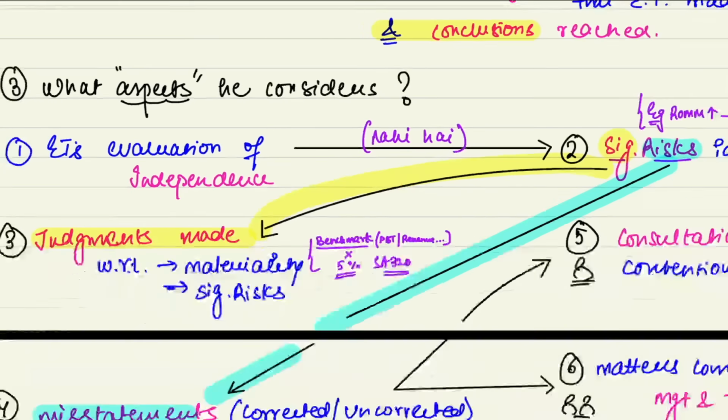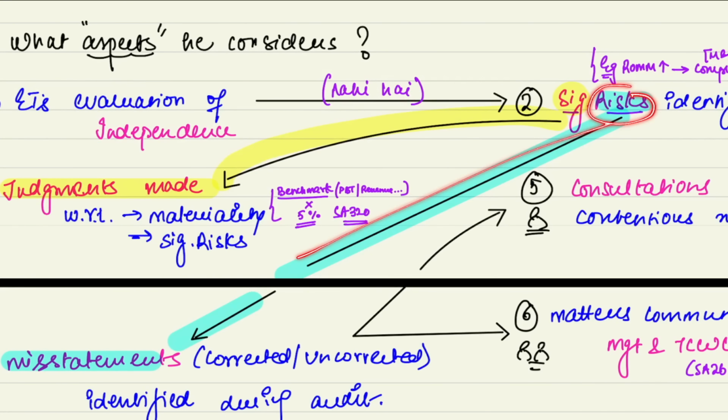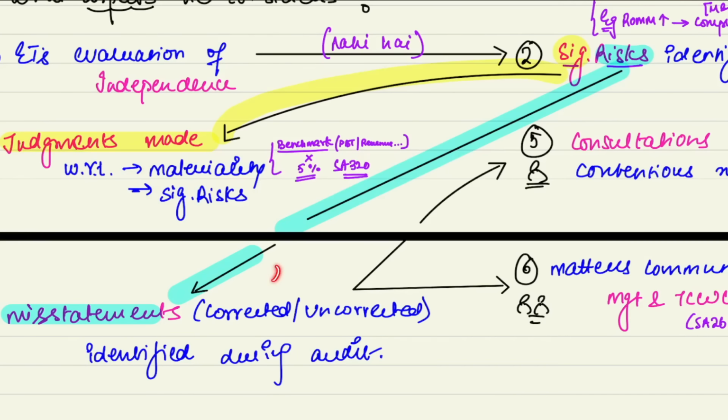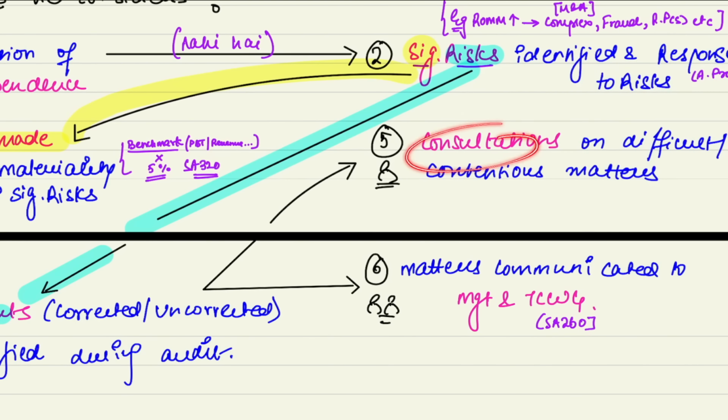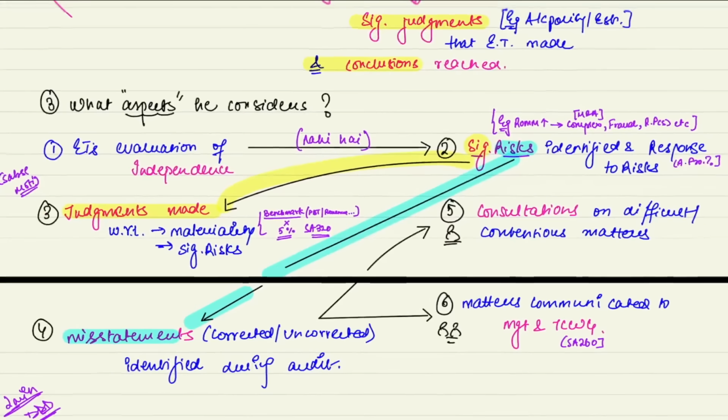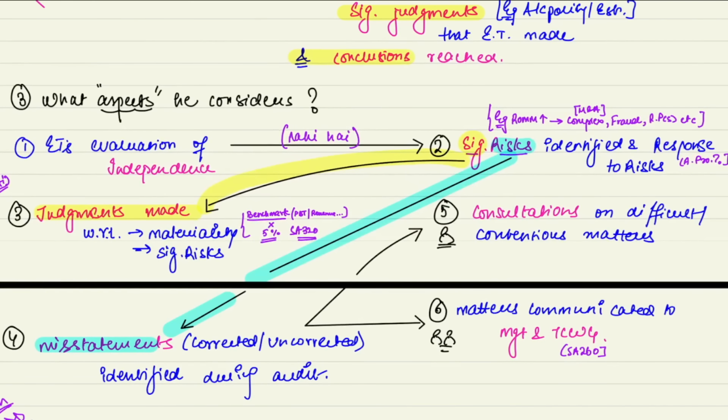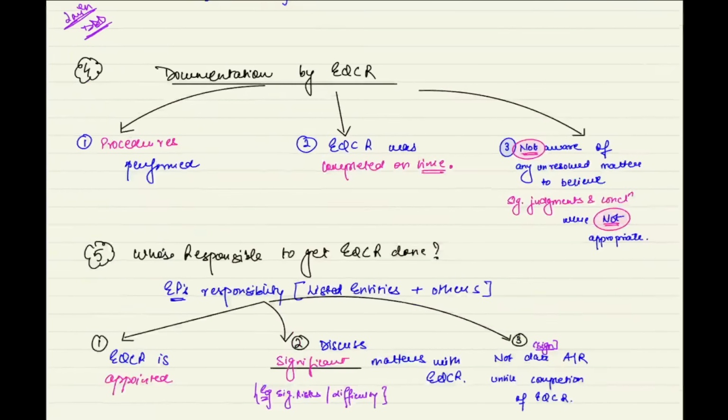Easy, sir. Now, what can the risk lead to? Risk can lead to misstatement, corrected or uncorrected. Now, whenever you identify a misstatement, you develop fear. And whenever you have fear, you go to two people. Who are the two people? Consultants, and management and TCWG. Is the linking clear? Yes, sir. So if you want, you can pause the video here, learn the 6 points and then continue. Easy peasy? Yes, sir. Now let's move to the next topic.